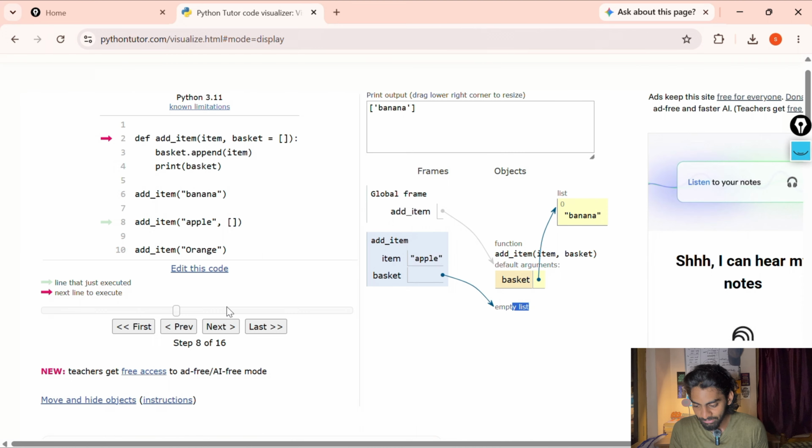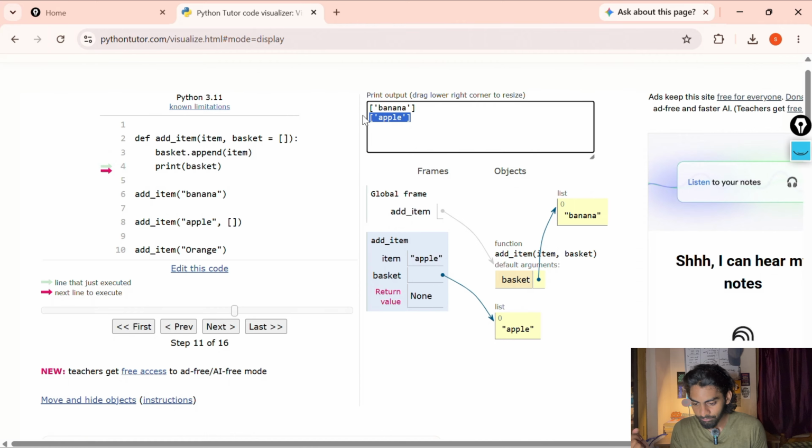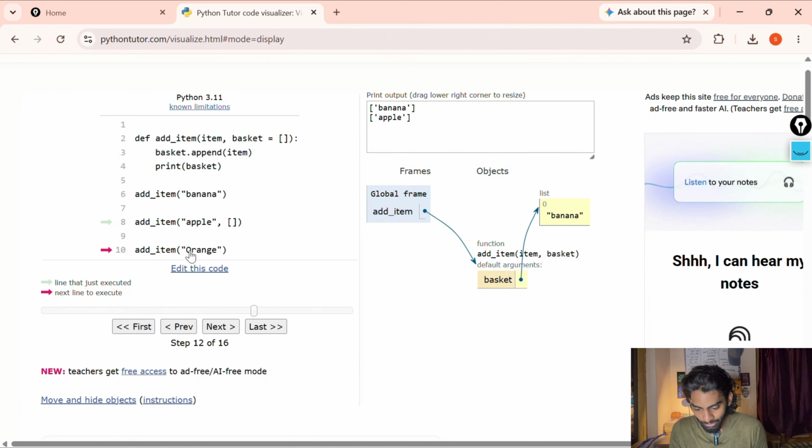So here is the pointer, this is the function. Now apple is the item, we are passing the empty basket, that will be the basket, and we are appending apple to the basket. See here, apple is appended to the basket and we are printing the apple. Fine, the function is executed. We are going to the next line. So whenever we move to the next line, if you see here, that particular basket and that function disappear